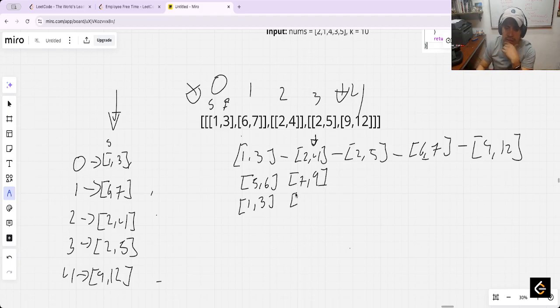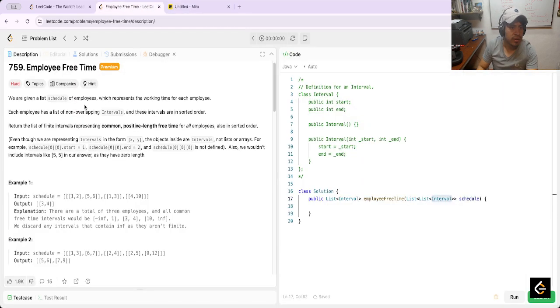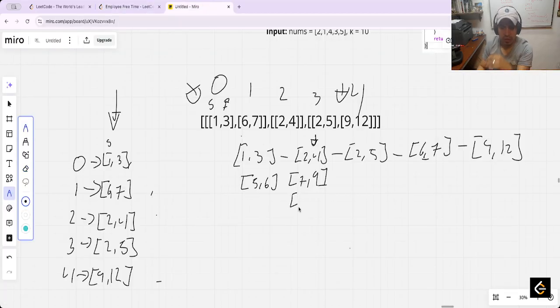I'm not sure with this. It contains many lists, basically. But given a schedule which represents the working time for each employee, each employee has a list of non-overlapping intervals in sorted order. This is the answer, and for another list the answer can be different,